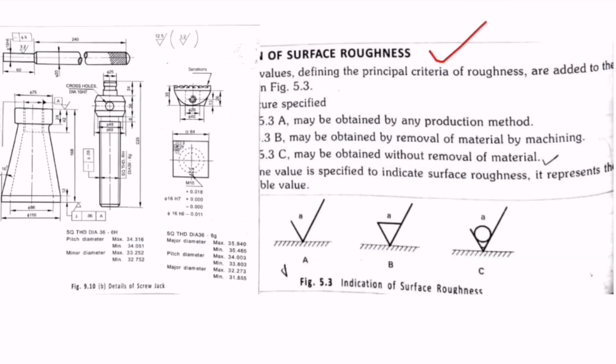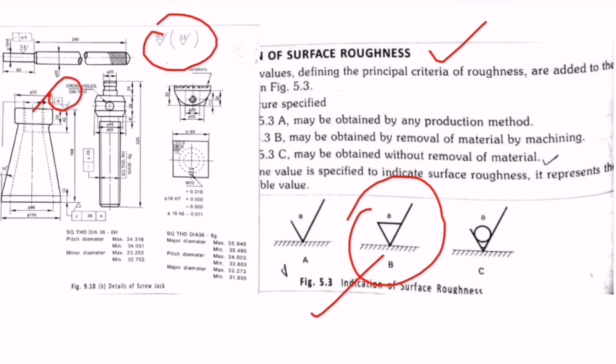Next are surface roughness symbols. This is very important. Whenever machining is required, this symbol is used. Look at this, somewhere the triangle symbols are there. Those triangle symbols are nothing but machining operation is required. So this is a triangle symbol. Like this, removal of material by machining is required. For that, this symbol is used. So like that, if any such symbol is there in the answer figure, that is nothing but a surface roughness symbol.